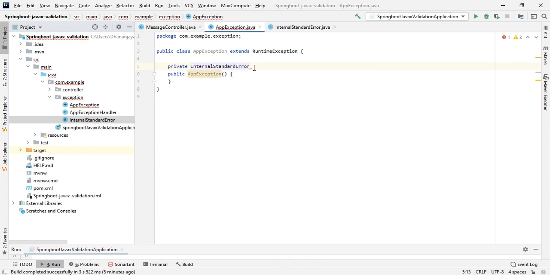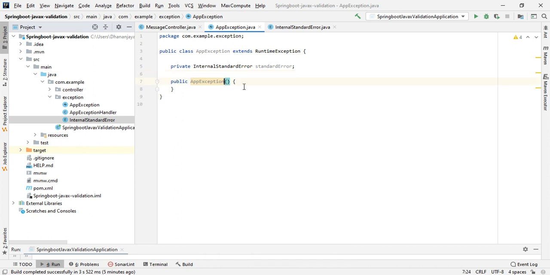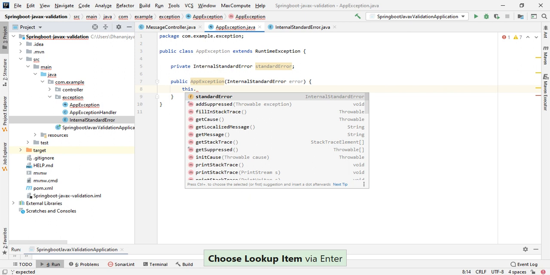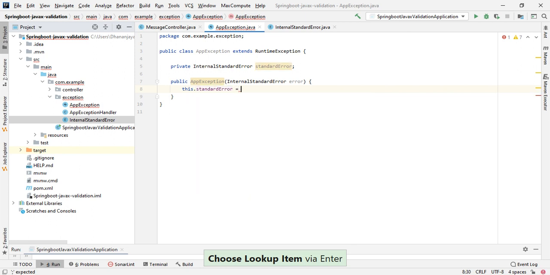Private InternalStandardError, we'll pass inside the constructor parameter. this.standardError is equal to error.